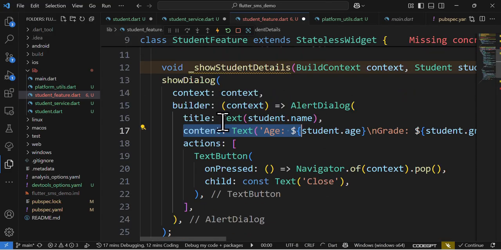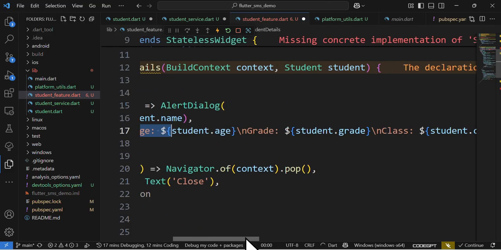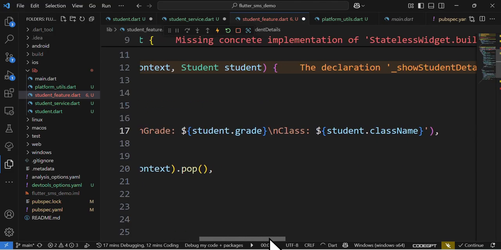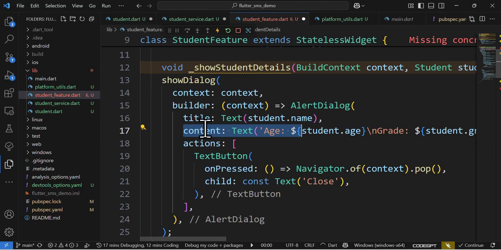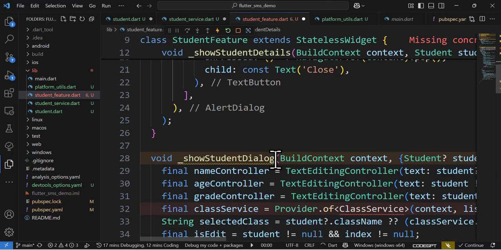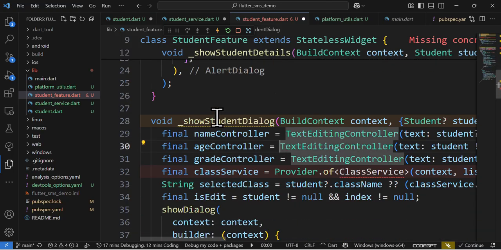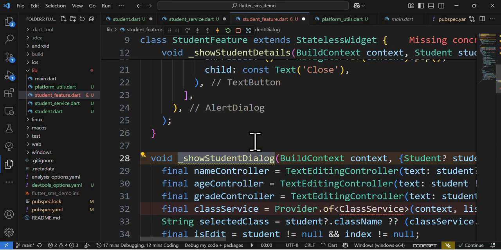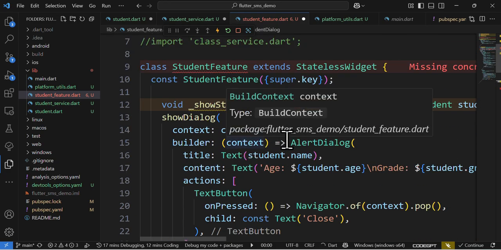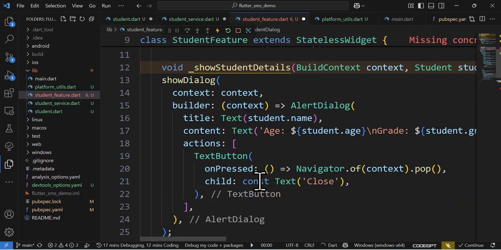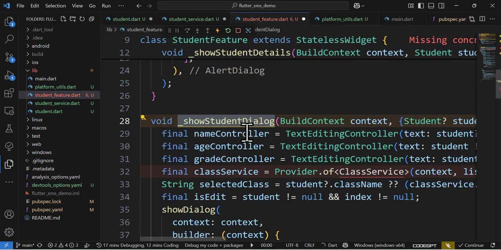And this is just a function, right? So this can show your dialog box along with whatever properties you have for a student, like see over here age, grade and class and all, right? That will be shown over here as a dialog box. And this is another method which we implement to show the student dialog box. This is for the details, like suppose if I just want details, this will bind the details, and this is the